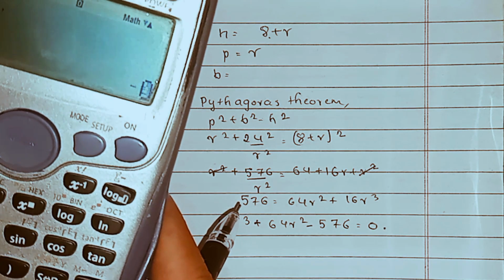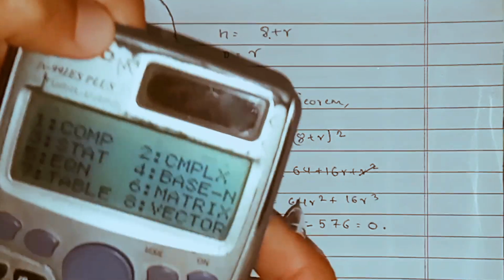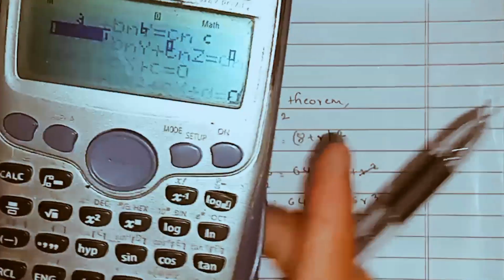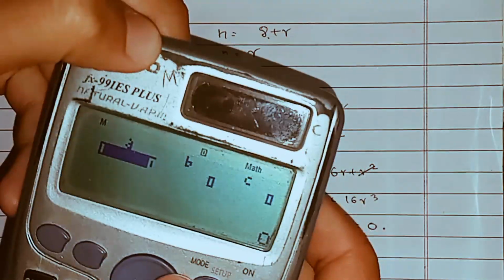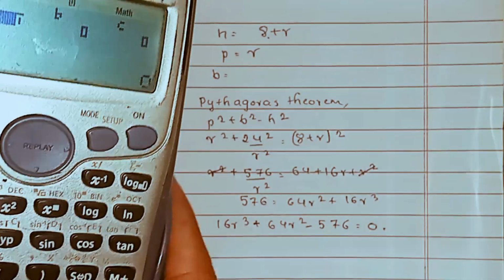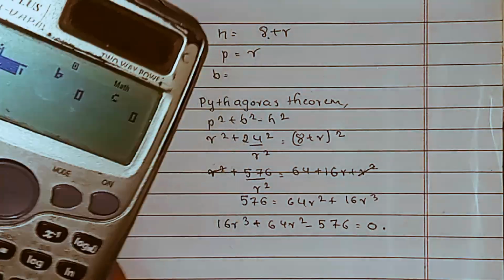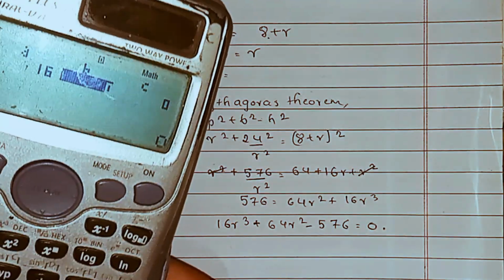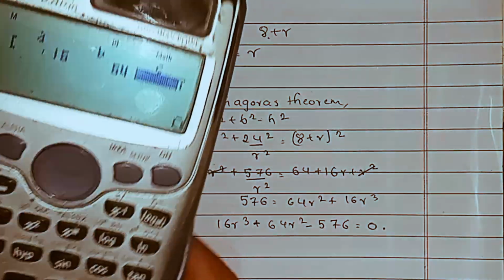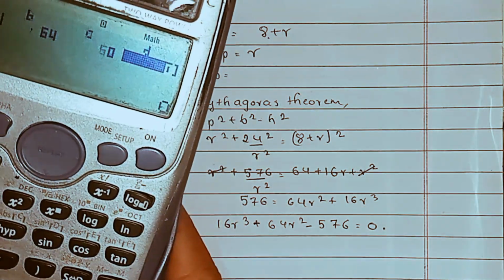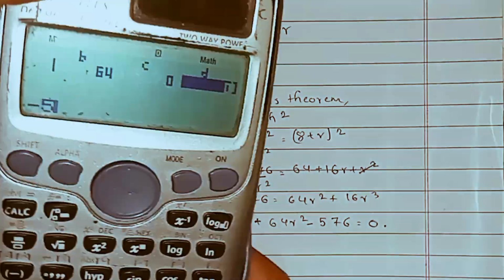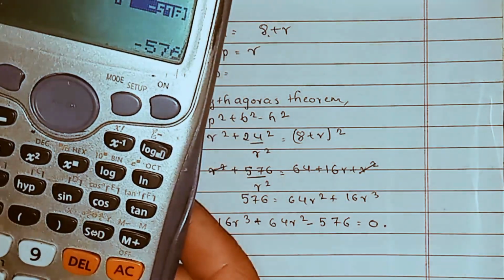So we input a as 16, b as 64, c as 0, and finally d as minus 576. Okay, so the answer is